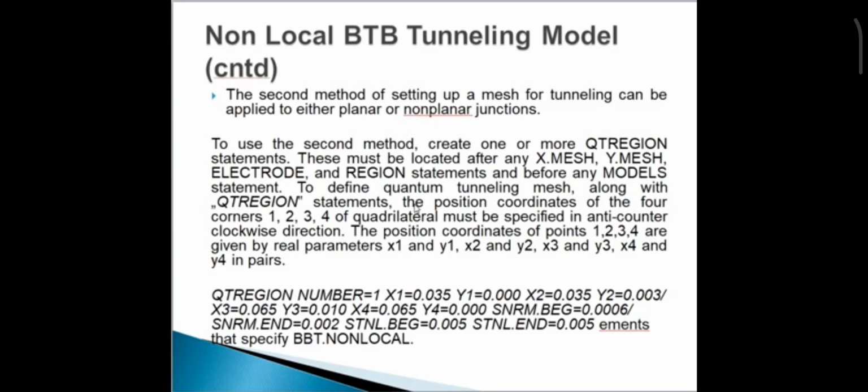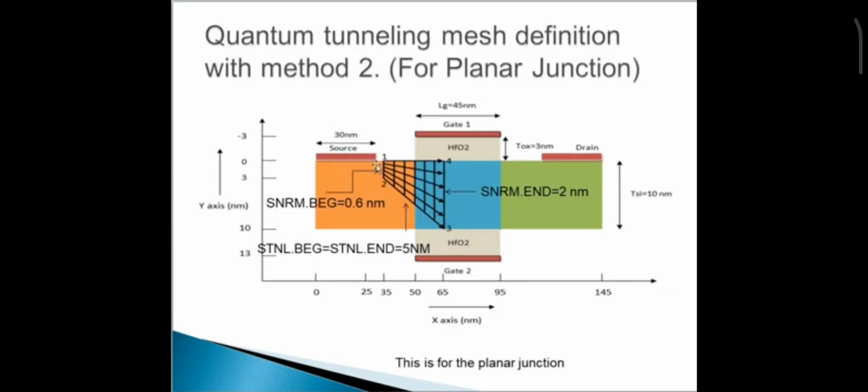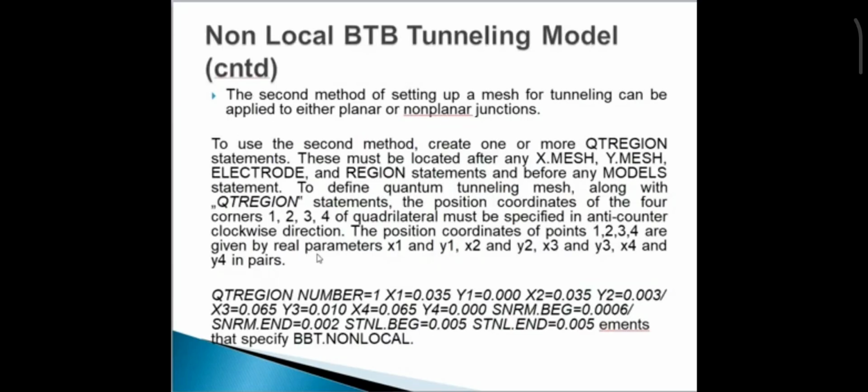If the direction of the tunneling is not along one direction, that is, neither parallel to the x-axis nor the y-axis, to define quantum tunneling meshes in the method 2 statement with the help of the QT region statement, the positional coordinates of 4 corners 1, 2, 3, 4 of the quadrilateral must be specified in the anti-clockwise direction. You can see in the figure, we have selected these 4 corners 1, 2, 3, 4 in anti-clockwise direction. The positional parameters of points 1, 2, 3, 4 are given by the real parameters x1 y1, x2 y2, x3 y3 and x4 y4